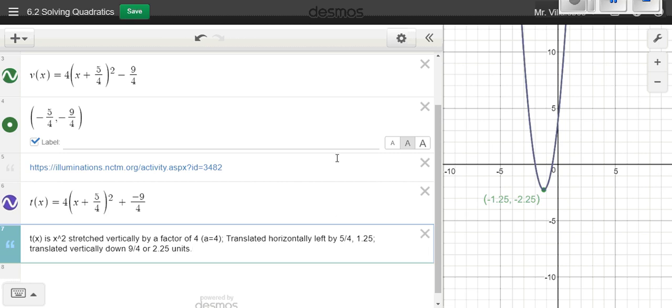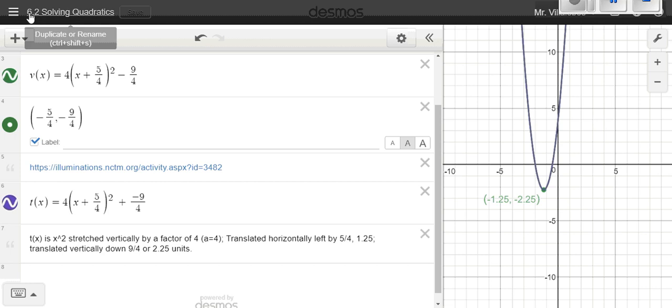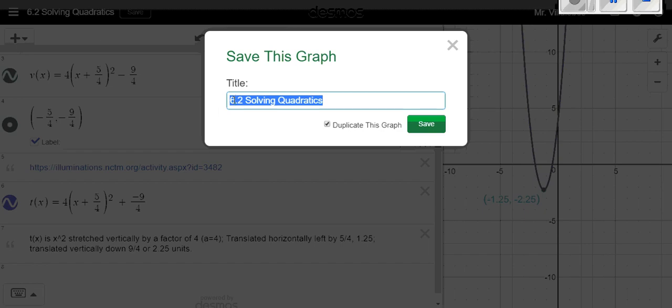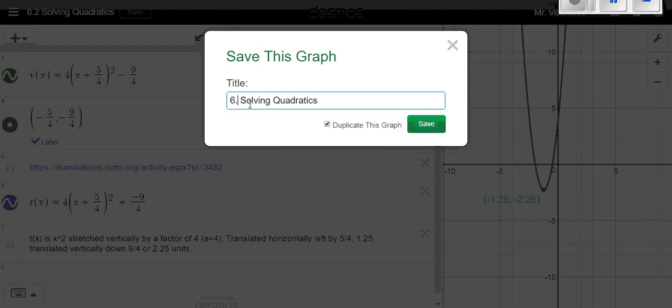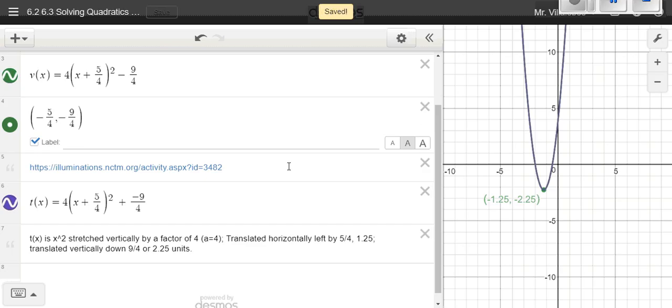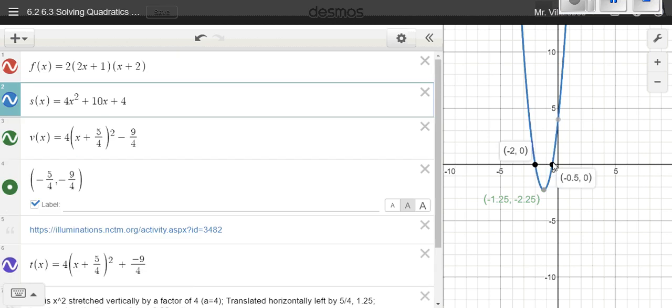Okay, so saving that. Okay. Recalling we got these